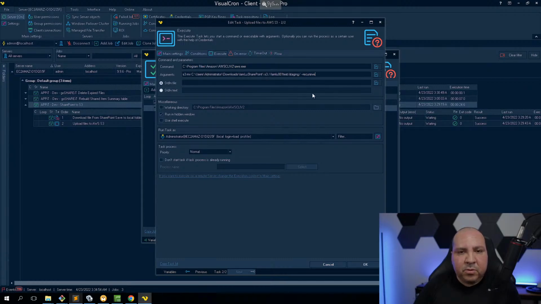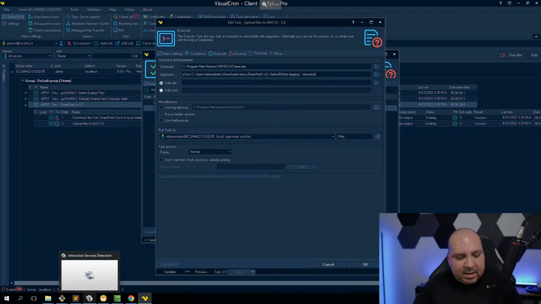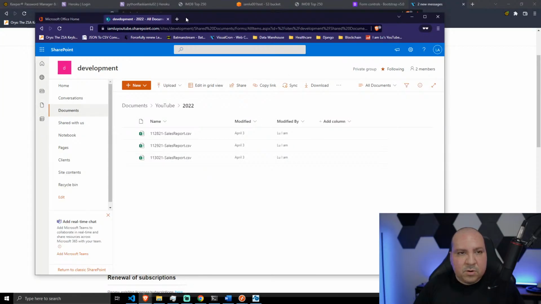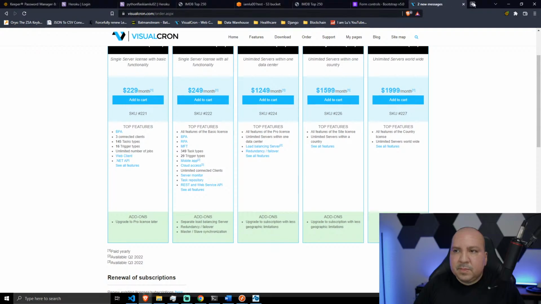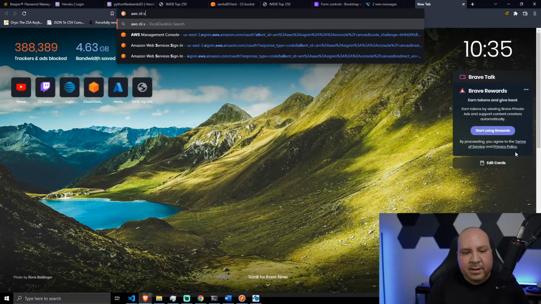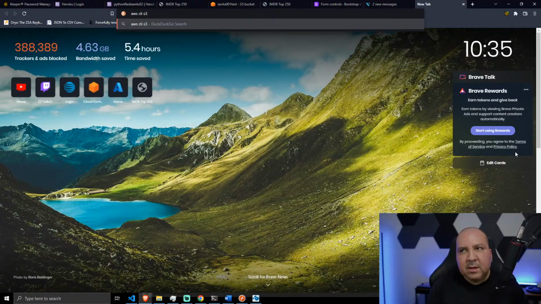So for example, I'm trying to think. It's been a while since I've done this, but let's take a look at it real quick. So for example, this would be, let me see, AWS command line interface S3 contains